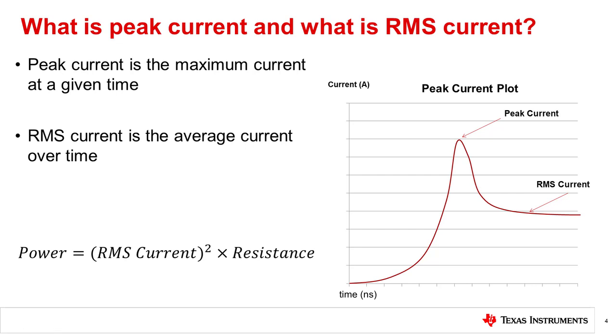In the plot on the right, the current peaks at a certain point in time and then starts to decay to a more constant current. When discussing RMS current, the part that matters more is the amplitude of the current when the current has become steady. RMS current is helpful when calculating power consumption, since the average current can be used in the formula power is equal to the square of the current times resistance. One thing to note, in this presentation we will be discussing the peak and RMS current flow through the stator windings of a motor, not the current that is supplied from the power source of the system.